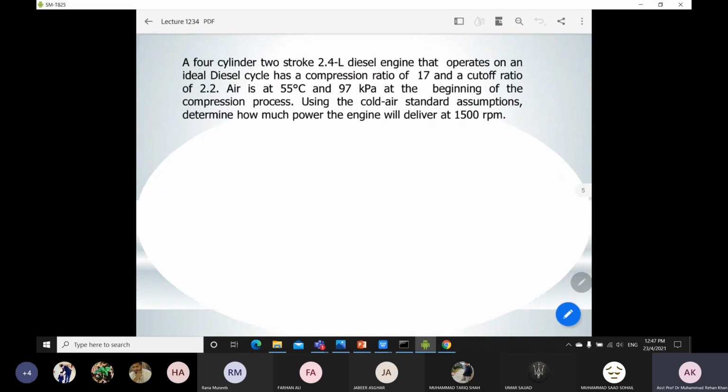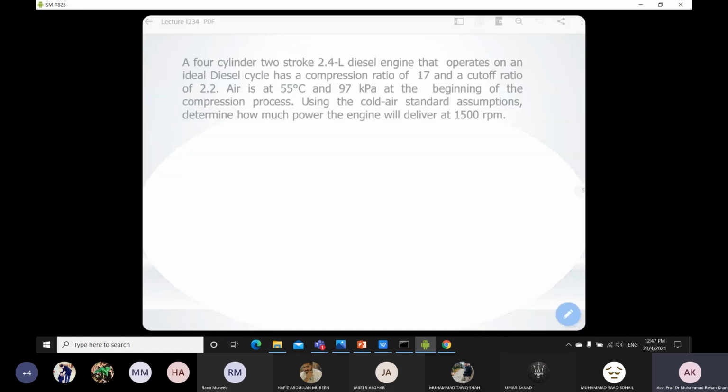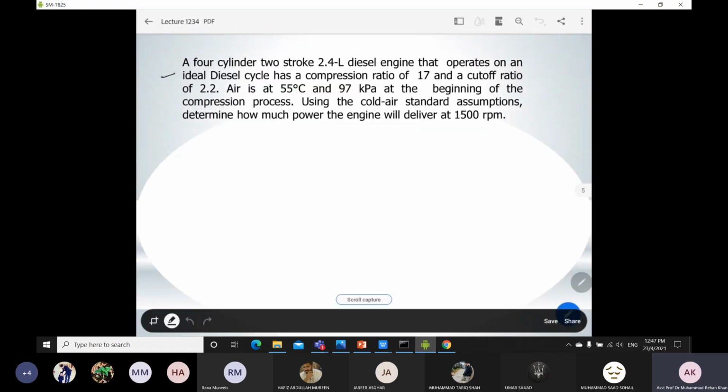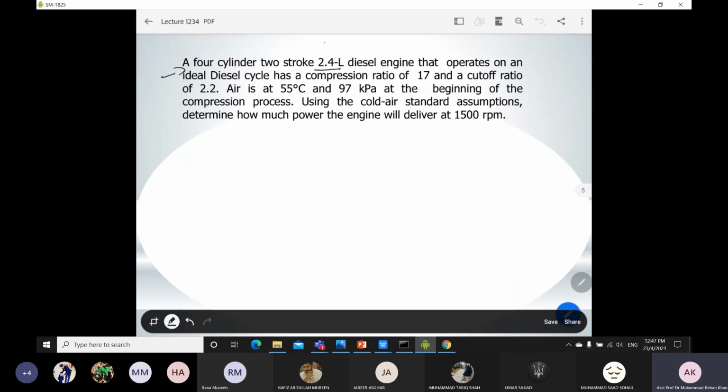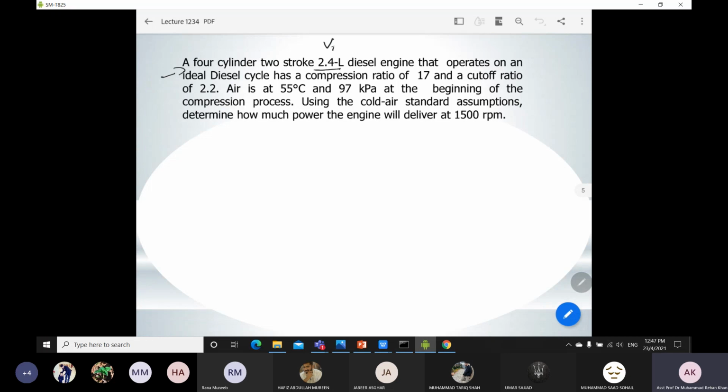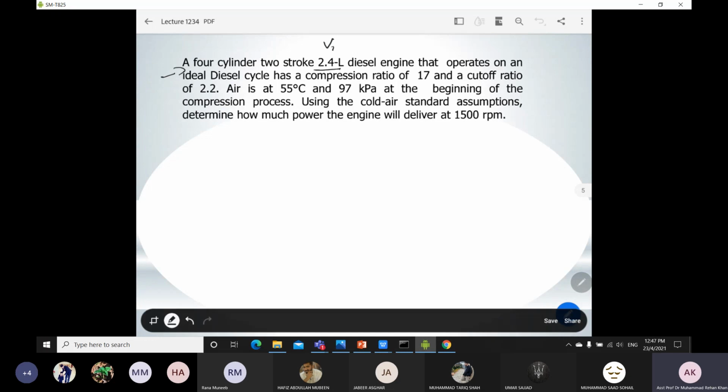Okay, so coming towards the next question, you have to read the statement first. So a four-cylinder, two-stroke, 2.4 liter diesel engine. Whenever it is mentioned that the volume of the diesel engine is this, it means that we are talking about the maximum volume. So it is the volume at your BDC, V1, which is why we can represent it in liters, and you can convert it into other units in order to